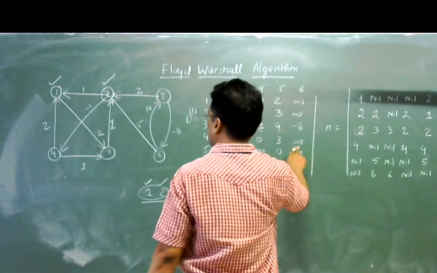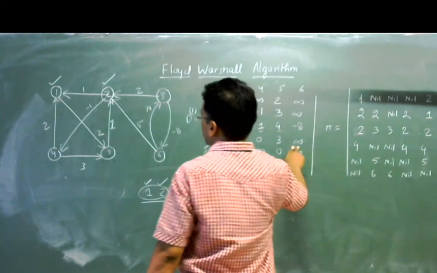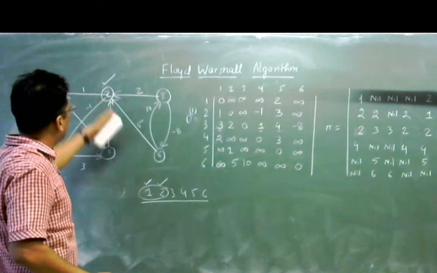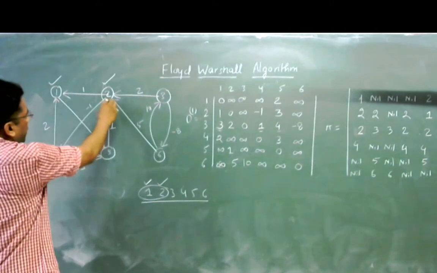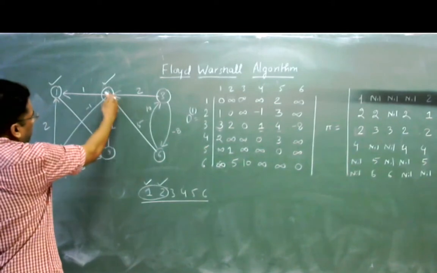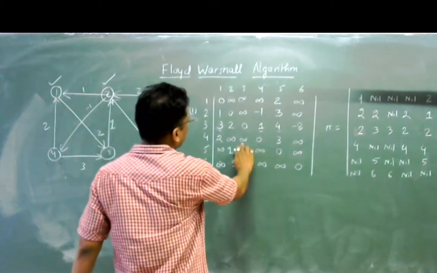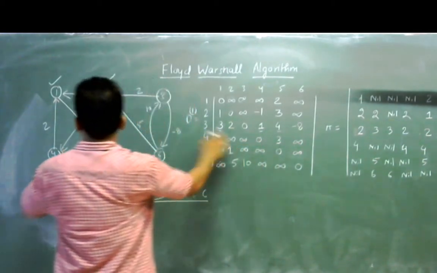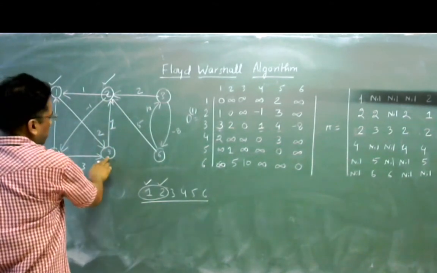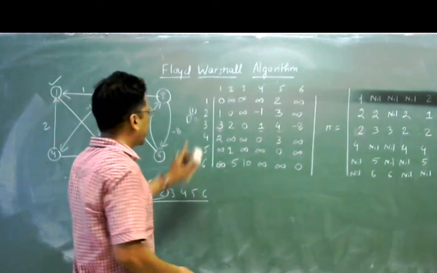Node number 6, you will not get any path to node number 6, right? Here you will not get any new path to node number 6 through the 4, because here you can clearly see that node number 2, you cannot reach from 2 to 5, 3 or 6. So these positions will remain infinity, and node number 2, through node number 4 you can access node number 2, but it is accessible through node number 5, but 5 is not a free node. So these will not be updated. So this will not get any advantage.